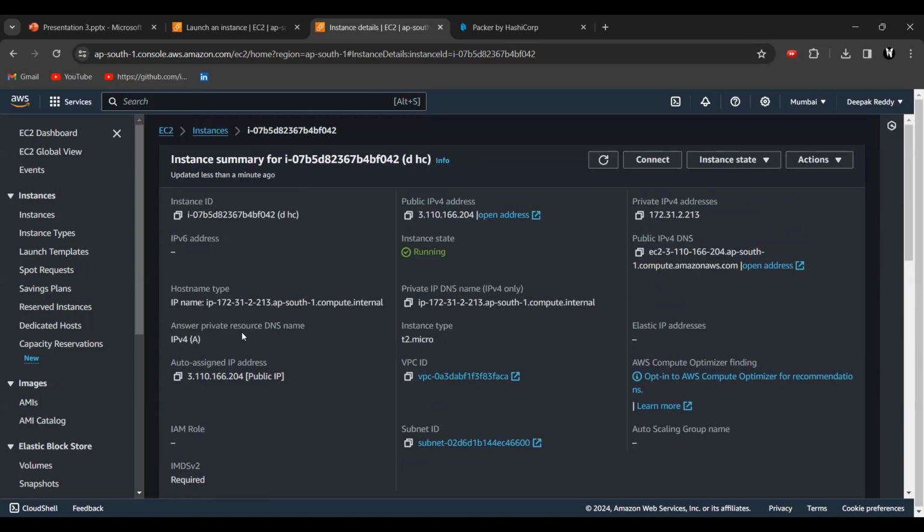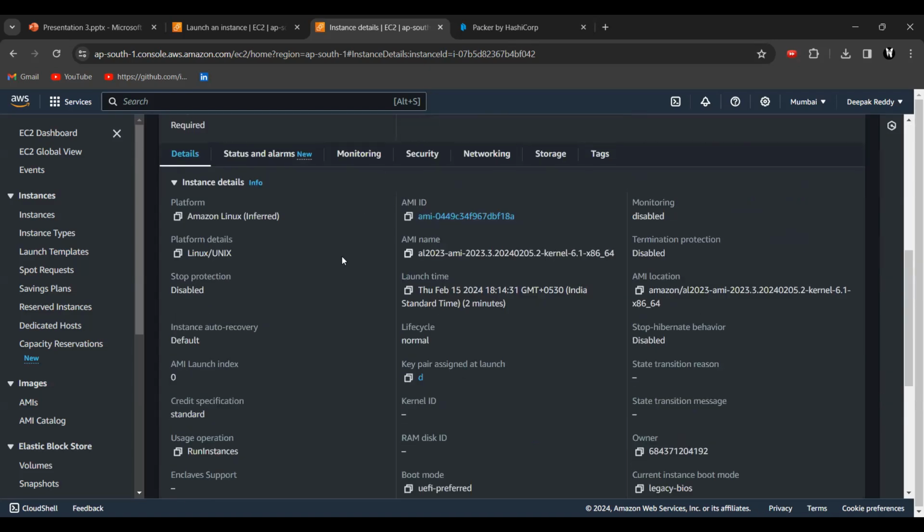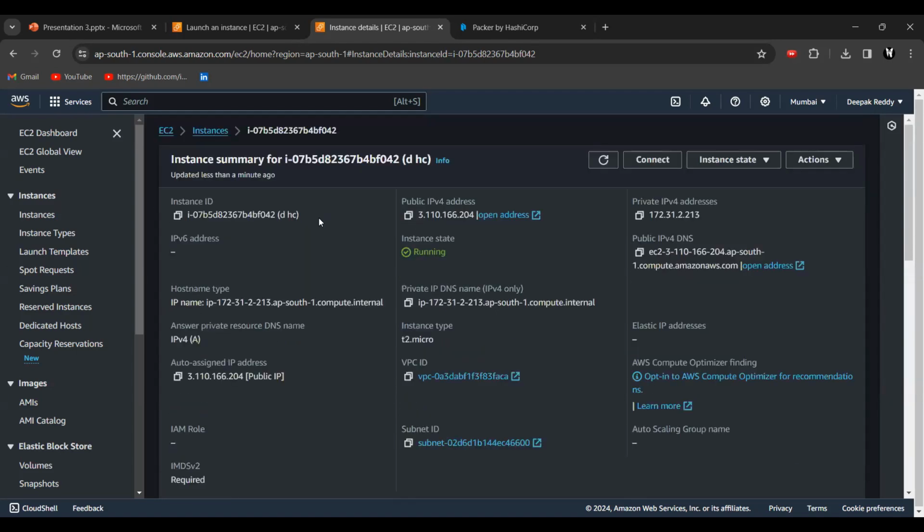At industry level also you need custom AMIs. On top of, let's say, Amazon Linux, you need multiple software packages like Docker, Terraform, shell script, Bash, AWS SSM, and the CloudWatch agent. These all need to be installed on the instance, and you need to have less downtime. These instances need to be running in 2 minutes. That is a fundamental priority. That is why the first part has been created.